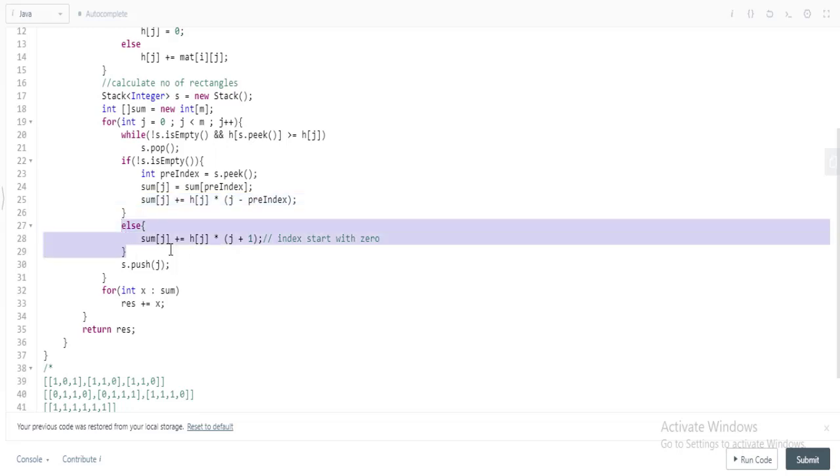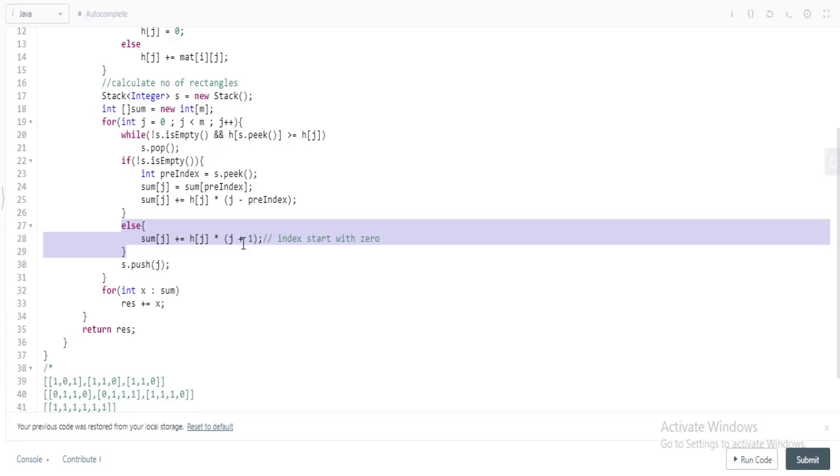Similarly, if the stack is empty, there is no element present in the stack, so we compute the width. Width will become j plus 1. The current index where I am to the end means j plus 1, because the index starts with 0, so j equal to 2 means we have a total of 3 columns present there.